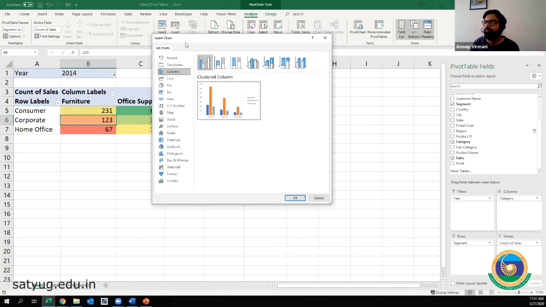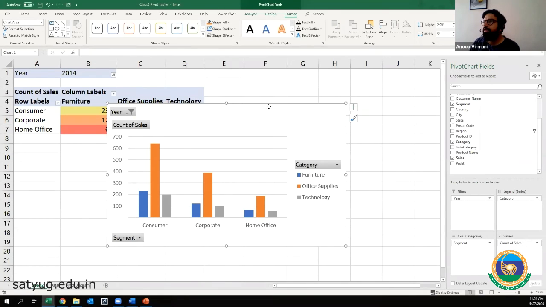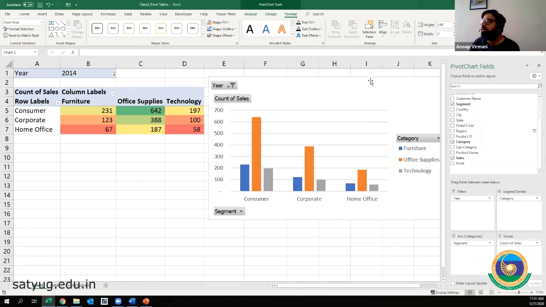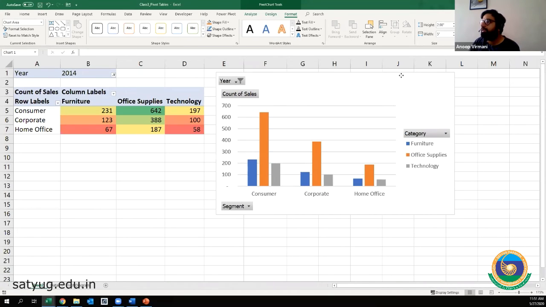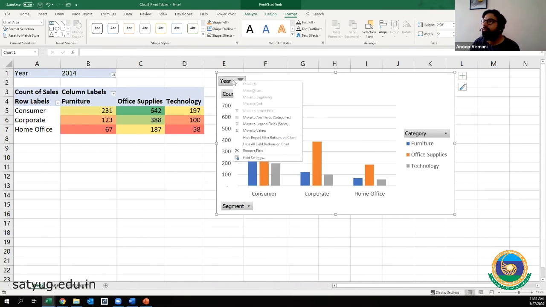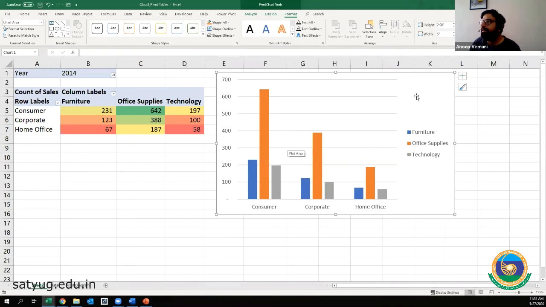Just for your reference, and to show how things can move amazingly in Excel, let us take a column chart and press OK, right? A pivot chart will give me all these buttons that I don't need. So what do I do? I right click any of the buttons and choose Hide All Field Buttons on Chart. I hide it.